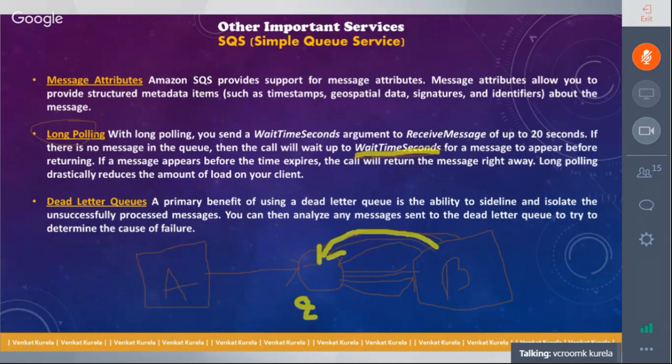With that, you can ask it to wait for 20 seconds at the queue itself. When there is no message, you can pass on this argument stating, hey, you wait for 20 seconds in the queue itself. Maybe in that 20 seconds, you can see some more messages coming in, right? And then after 20 seconds, if there is a message, it will be written to B and B will process it. So this long polling is basically to help the component B